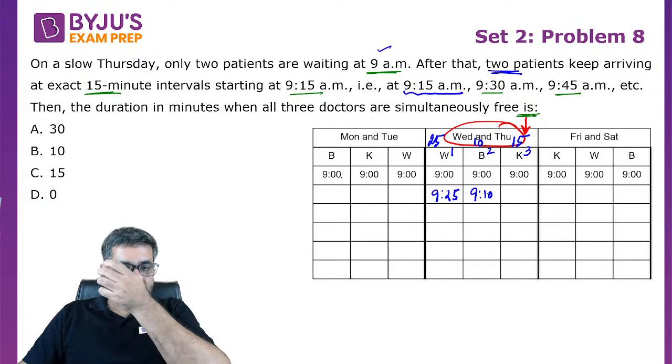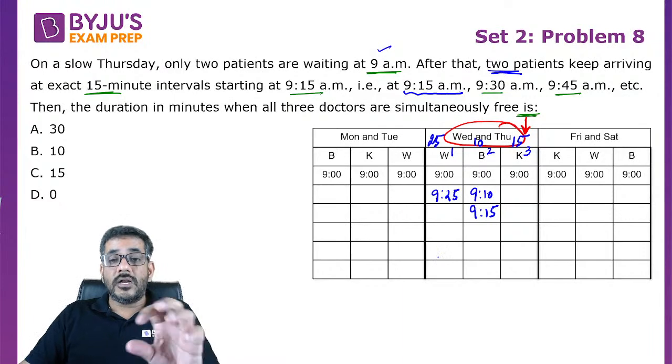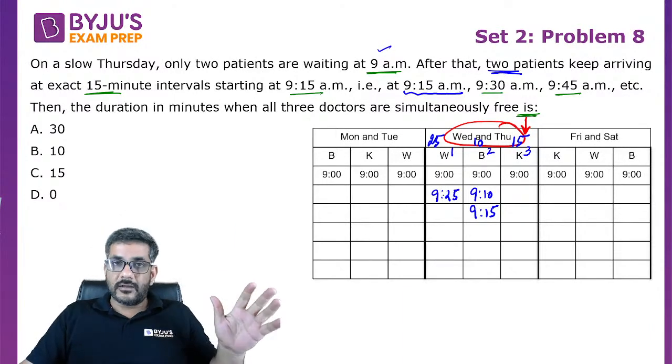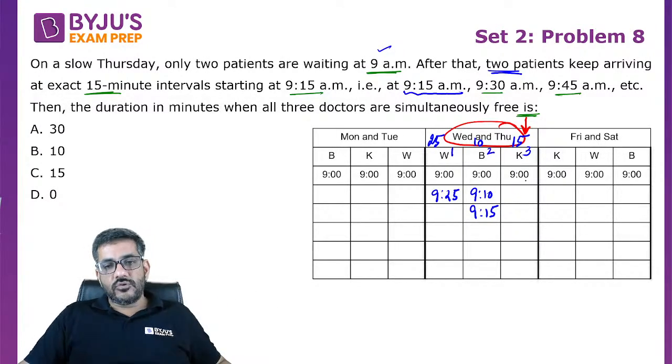When the next 2 patients would come at 9:15, one of the patients would come to this room number 2, because the smaller room is room number 2 and room number 2 and 3 both are free. One is occupied. One में तो अभी काम चल रहा है patient number 1 पे. The second patient would enter into room 3. तो 9:15 पे जब वो यहाँ enter करेगा, the second patient would enter at 9:15 and he would be free